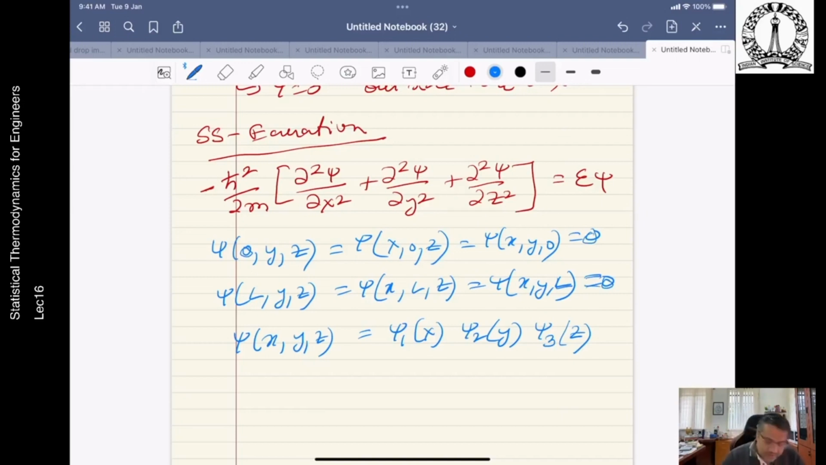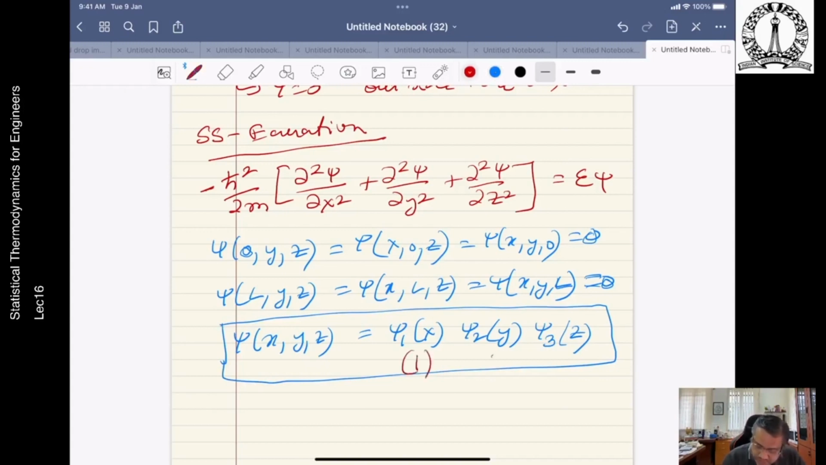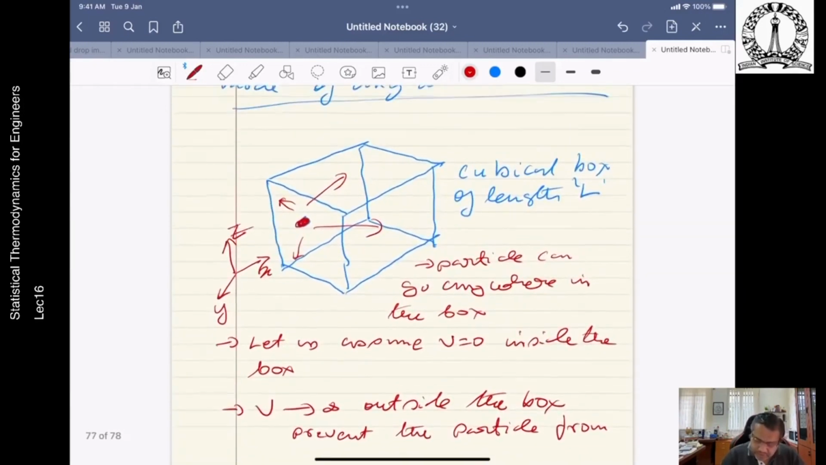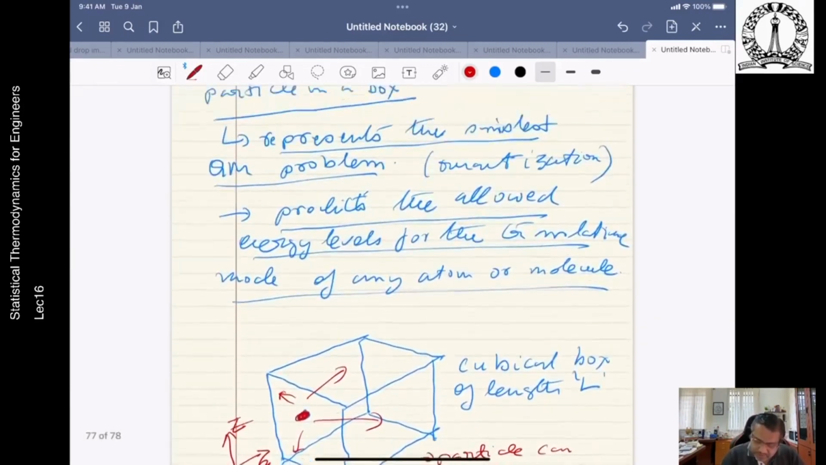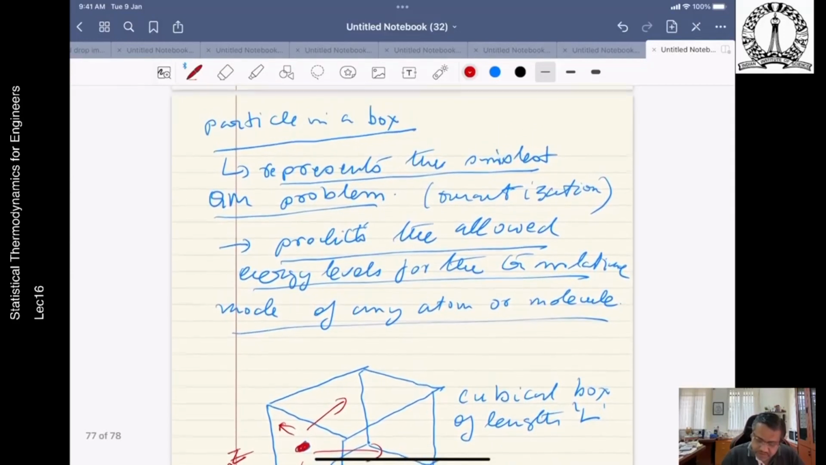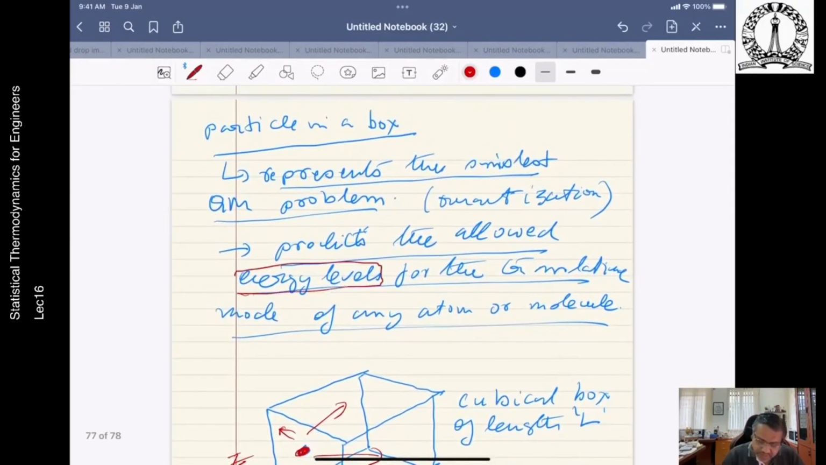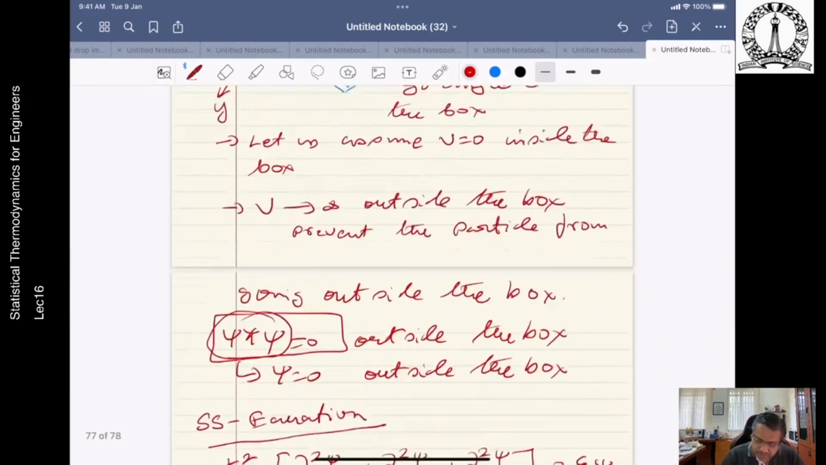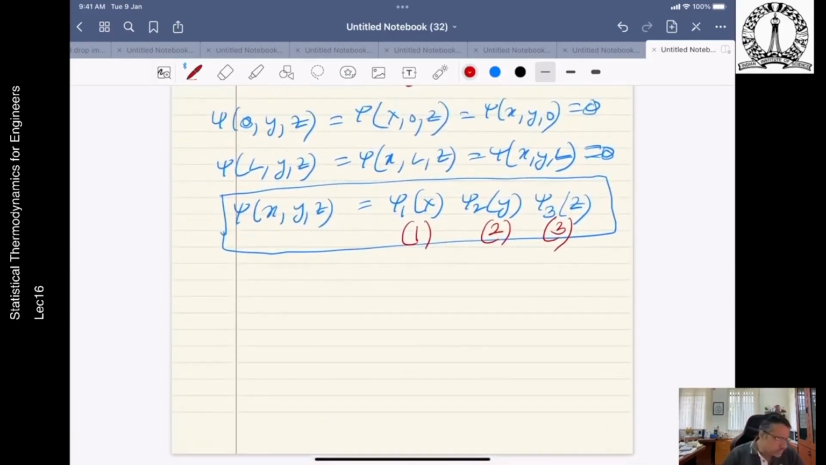Inside the cubical box, the total probability is given as a multiplicative of these three terms, which correspond to the different directions. The particle in a box is very important because it allows us to get the energy levels and the quantum numbers for the translational mode. So let us see how this works. For each coordinate,